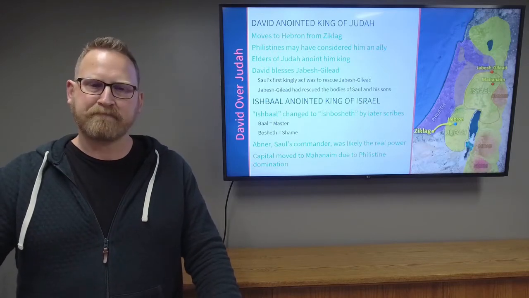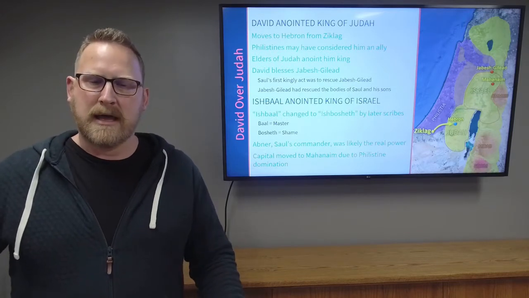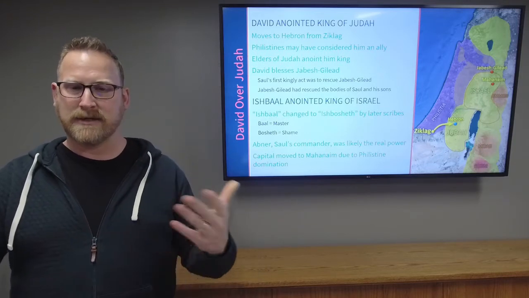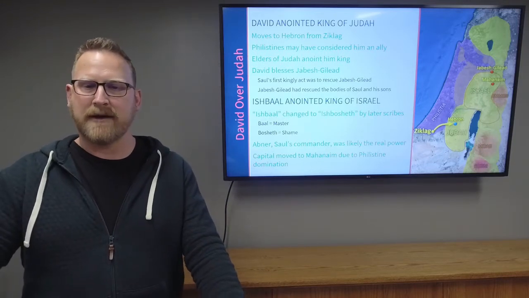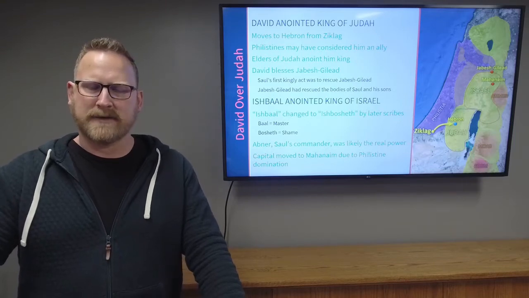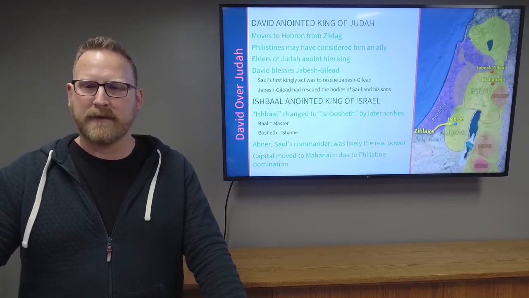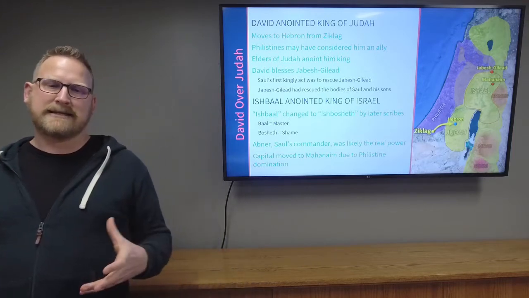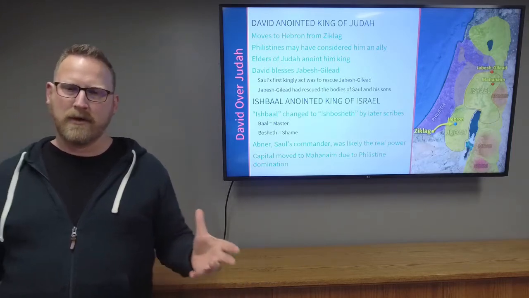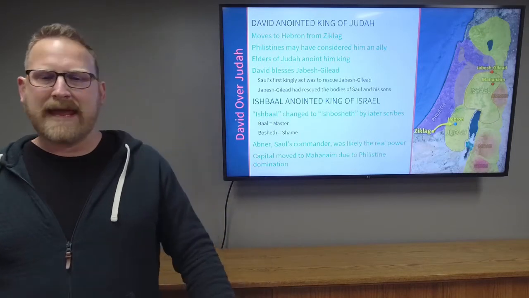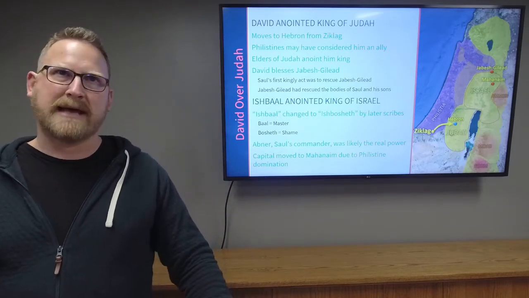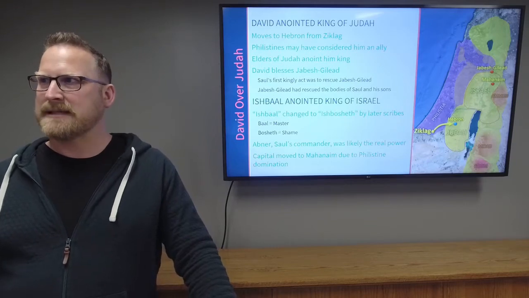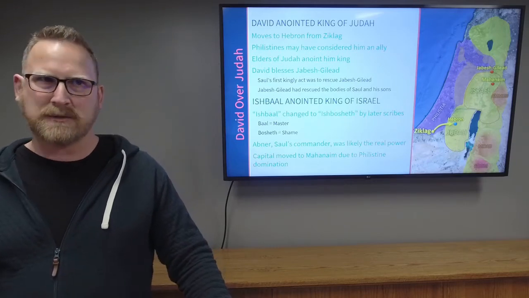So here, the elders of Judah anoint him king, and this is when David blesses Jabesh Gilead for having taken the bodies of Saul's sons from the gates of Beth Shan. And then when he does this, the elders of the northern tribes of Israel, it seems from one of the passages, may have wanted David to be king. But it says that Abner took Ishbaal,